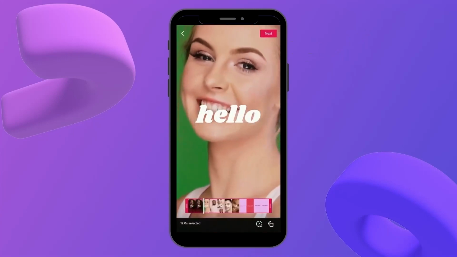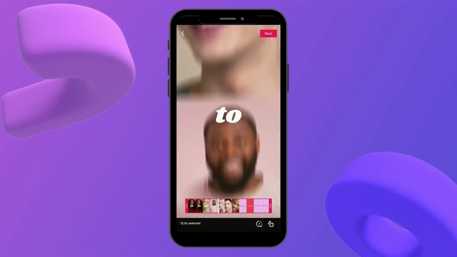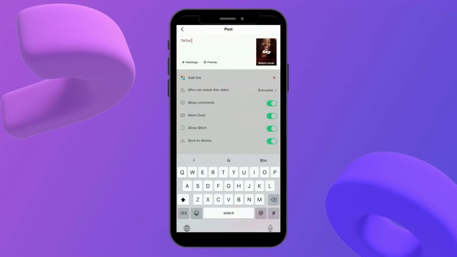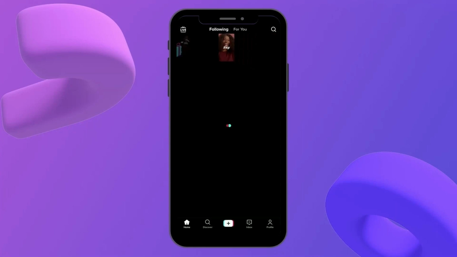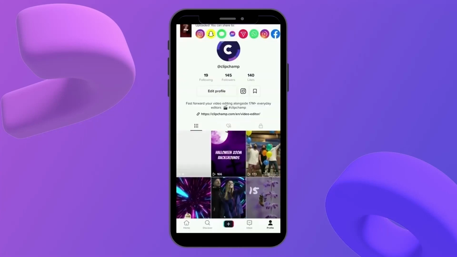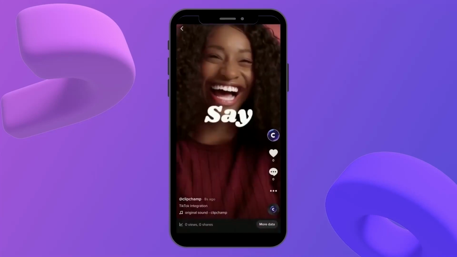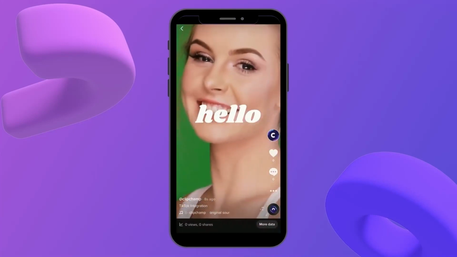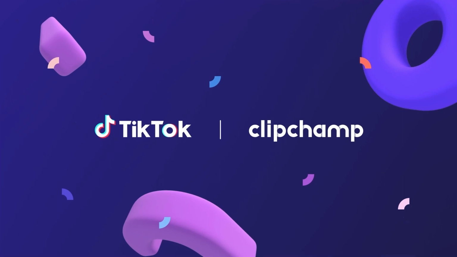So now I can go ahead and complete the normal steps to uploading a TikTok as usual. I'll change my title to TikTok integration and post. And that's uploaded. So now when I head over to my TikTok profile, there's the video imported straight from Clipchamp into TikTok. So it's as simple as that to use our new integration with